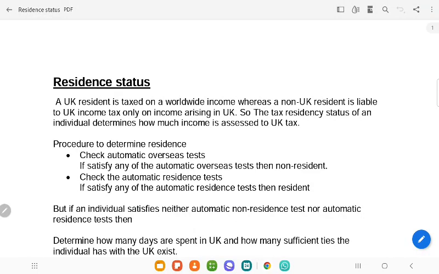Our next topic is resident status. It is very important to determine the resident status because a UK resident person has to pay tax on all its worldwide income,